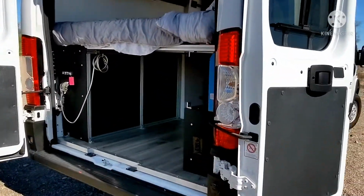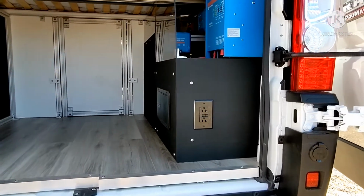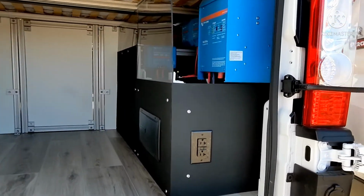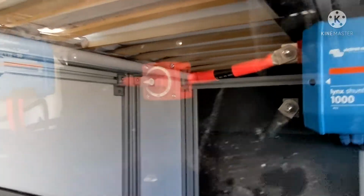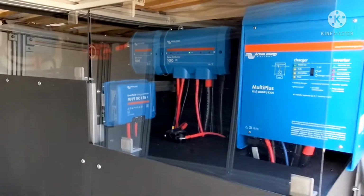Quick look at the garage. 32 inches of clearance under there. Should be enough room for bikes or other toys. On the right side, you'll see all the electrical. So you've got 540 amp hours of Battle-Born lithium under there. And then all high-end Victron components,